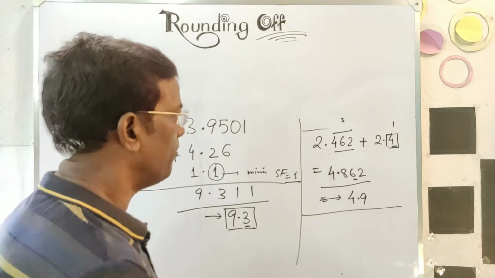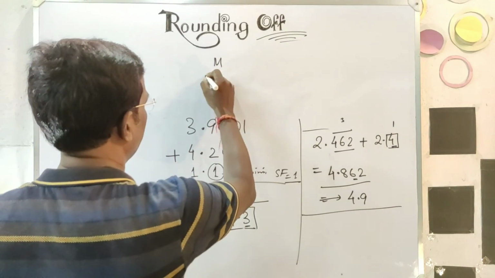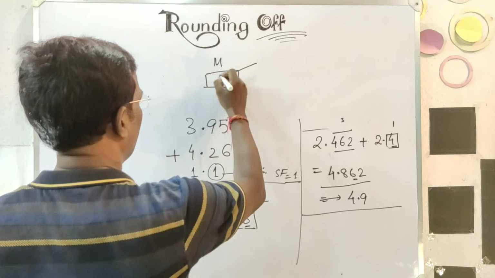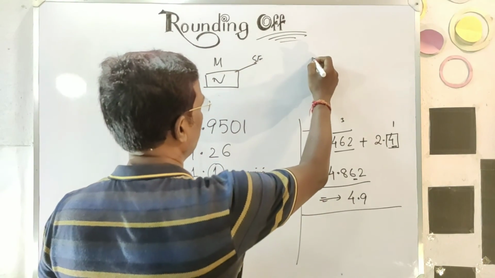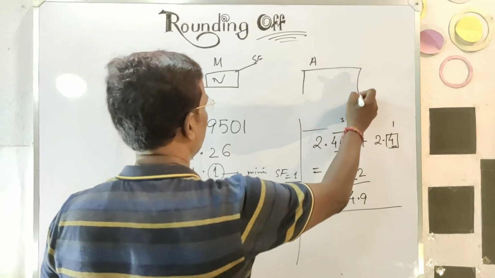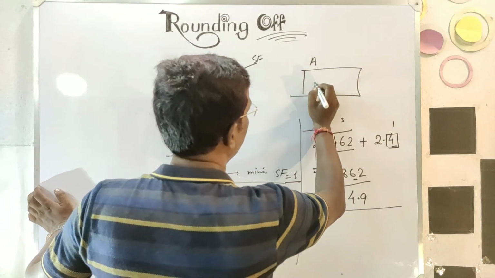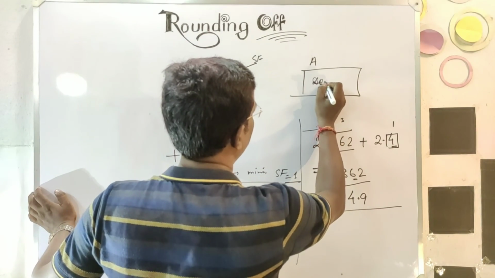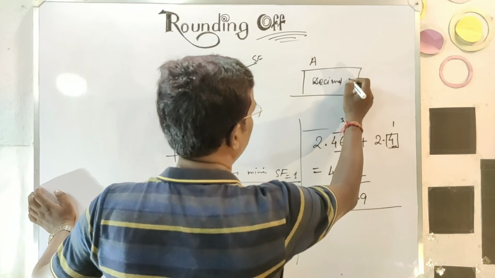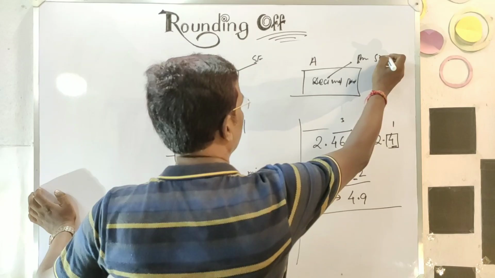The main rule was, in the case of multiplication, you have to find the significant figures of the numbers, but in the case of addition and subtraction you do the normal addition, and then the answer will contain the decimal part with the minimum significant figures. So that's the only difference.